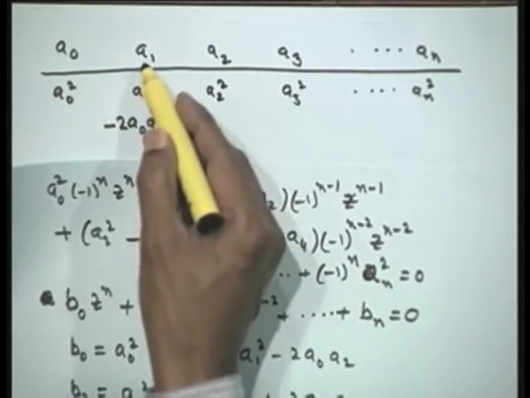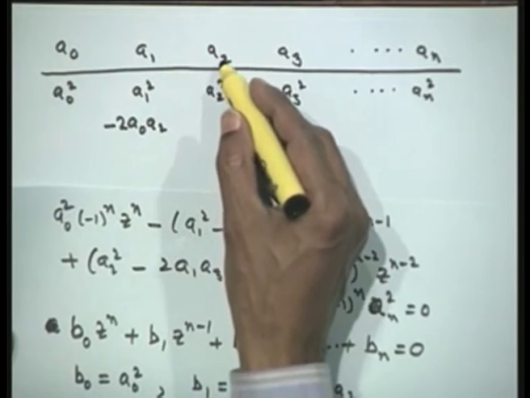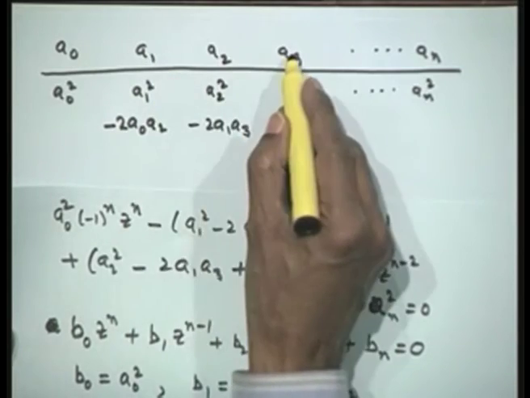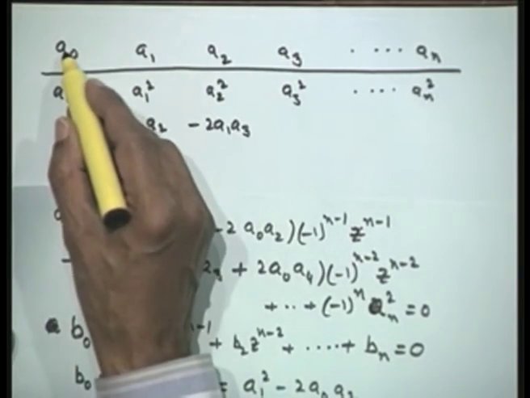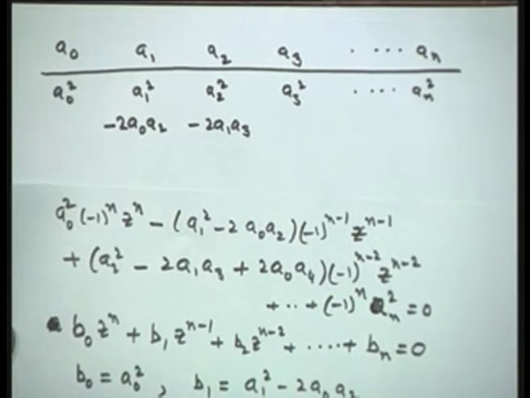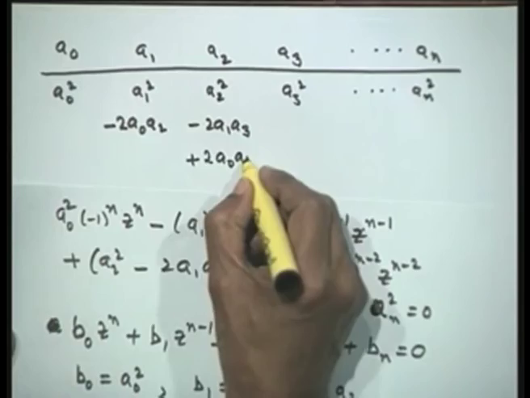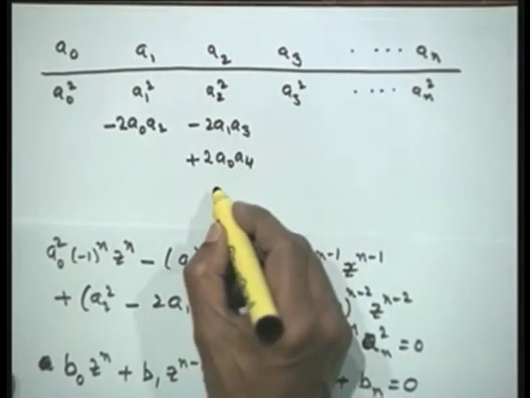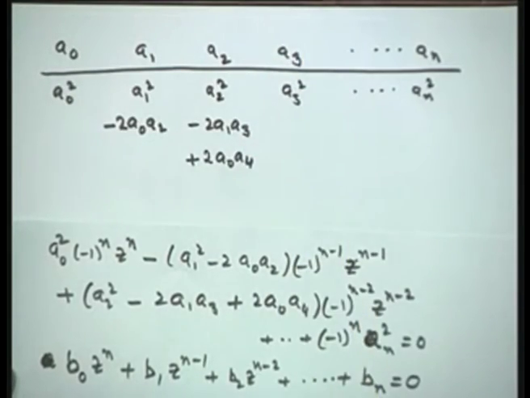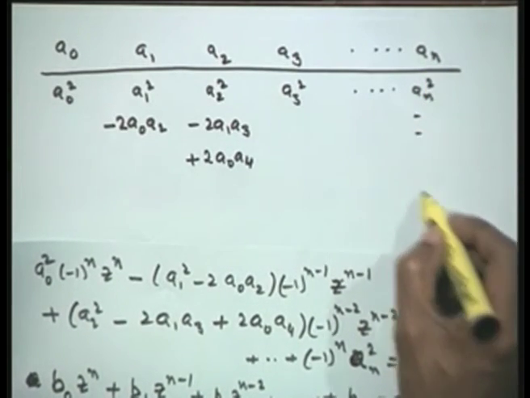Now there is no other neighbor available on this side, so there will be no more term below this. I take a2, which has neighbors a1 and a3, so it will have twice a1 a3 coming from here. Then the next neighbors available are a0 on this side and a4 on this side, but they all go with alternative signs, plus minus and so on. So the next one will be a positive sign 2 times a0 a4. For this, no next neighbor is now available on the left. So I go on putting this sequence in this fashion, and when I reach the last one, there are no neighbors for it at all, so there is nothing.